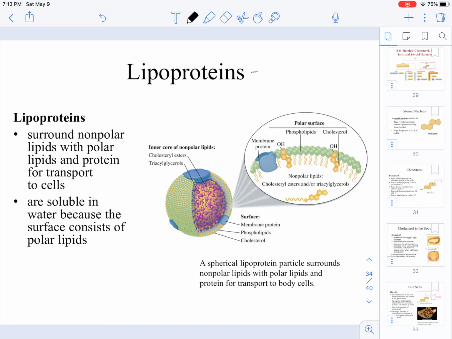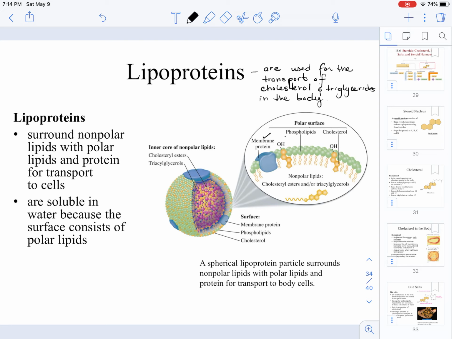Lipoproteins are used for the transport of cholesterol and triglycerides in the body. So, understand that these lipoproteins are going to be composed of